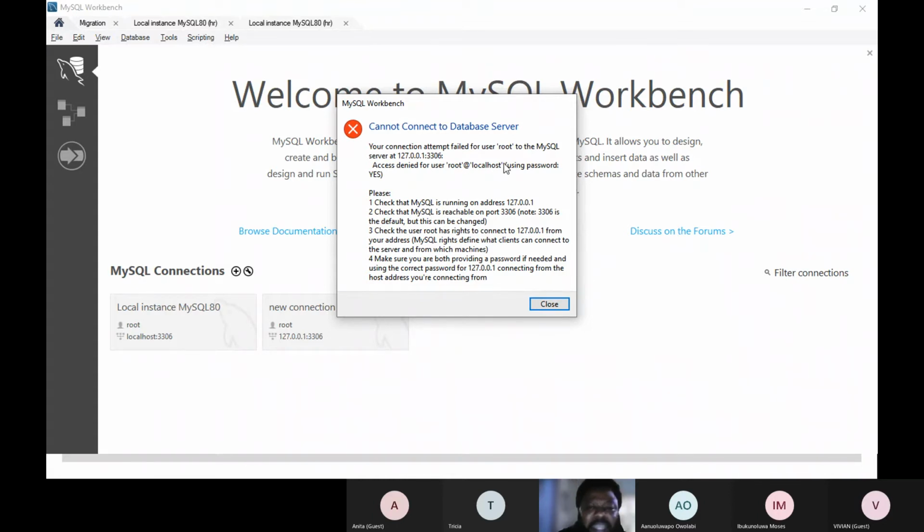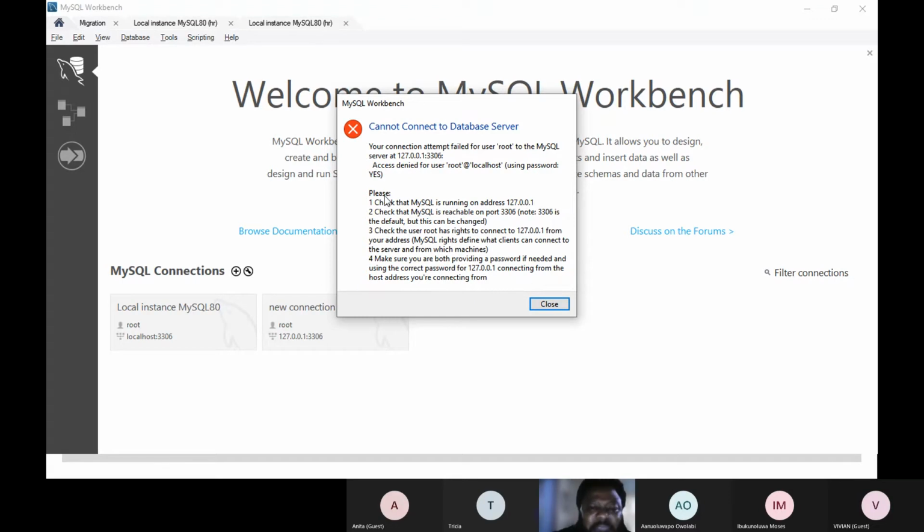That is, it's telling me that I'm connecting to a localhost system, that is a local domain, using password, yes. Can you see? What it just told me is that I'm connecting through the service name. My service name or host name is localhost. I'm connecting through a password. This is my protocol and this is my port.